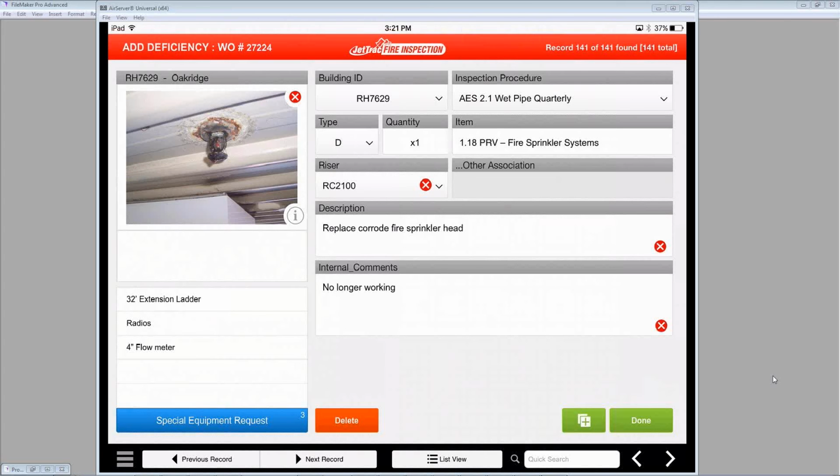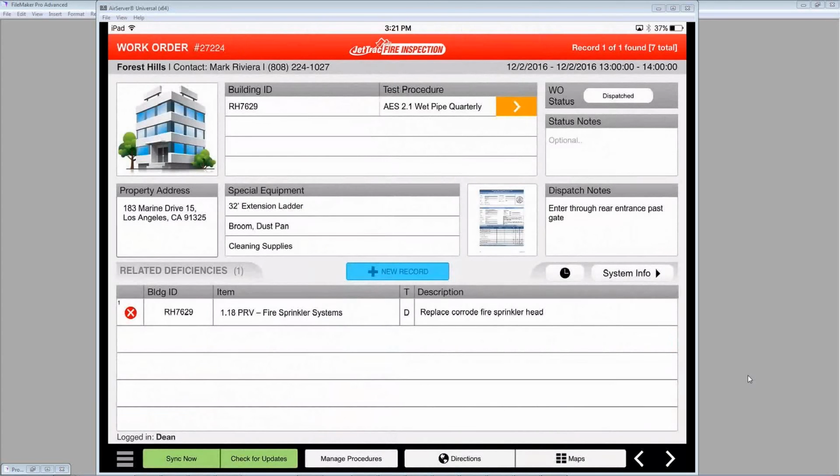I'm going to click Done at the bottom right. Now you can see the new deficiency we've just added has been added in the bottom middle, you can see a few details about what that deficiency is about. We can certainly delete it or modify it again as well. Up at the top middle, you can see the test procedure link has changed from red to orange. I'm going to click on that orange link,